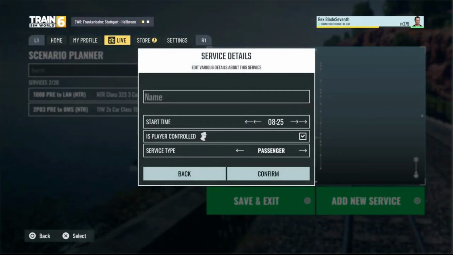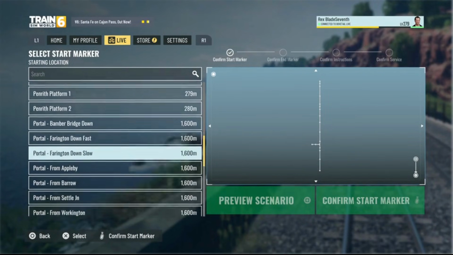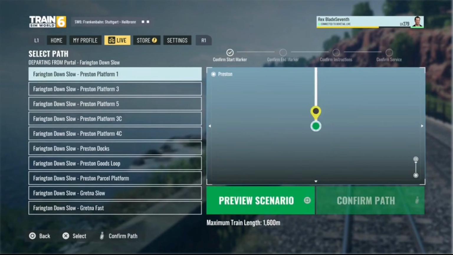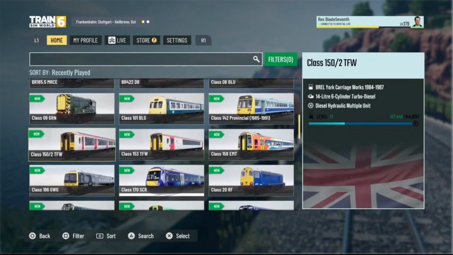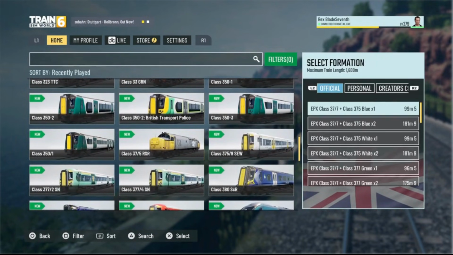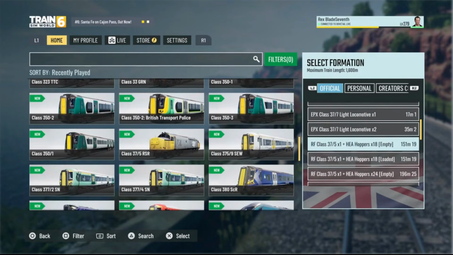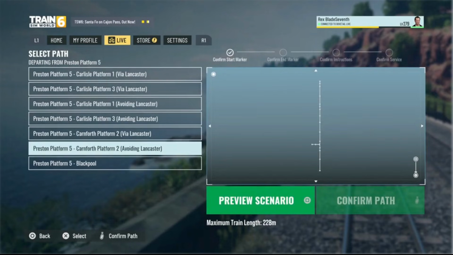As you gradually go about, start creating more services. So we'll put in a freight service for Foxtrot 08, and just do all the stuff for it, putting in, say, for example, Farrington Down Slow into Preston platform 5. Then you want to put in, say, for example, a 37 if you wanted, carrying HEA hoppers, and then for it to go off